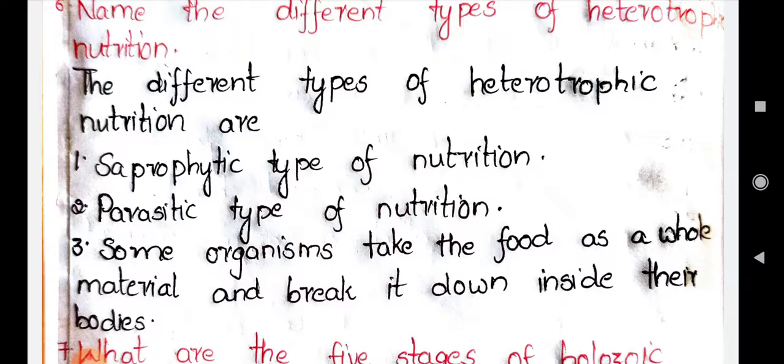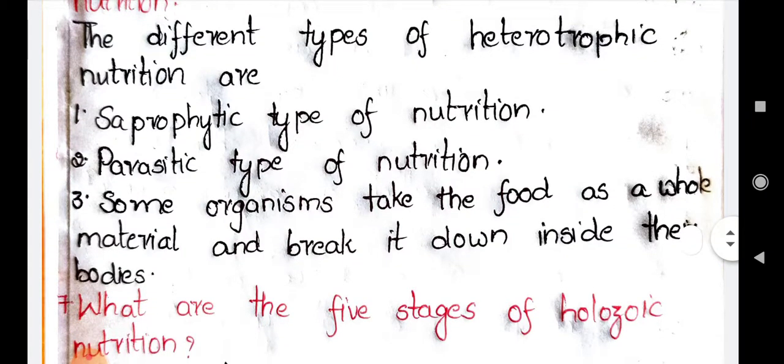Next, if you observe the amoeba, as I already said, amoeba has finger-like extensions called pseudopodia. With the help of the pseudopodia, it moves to different places where it gets the food material, and the pseudopodia change shape to grab the food material into its body. In the body a vacuole is present, and in the vacuole digestive enzymes are present. These digestive enzymes digest the food material, and through the surface of the amoeba the waste material goes out of the body.